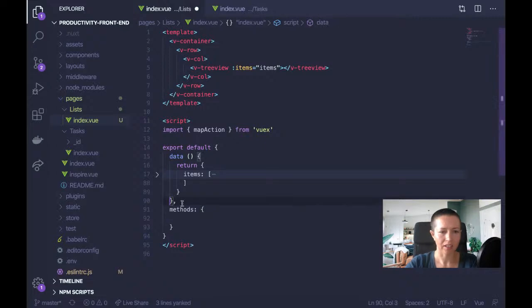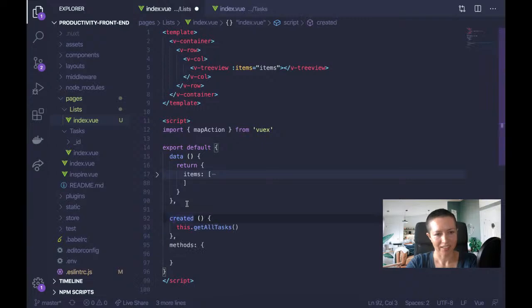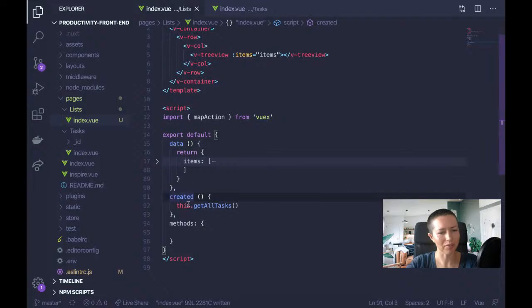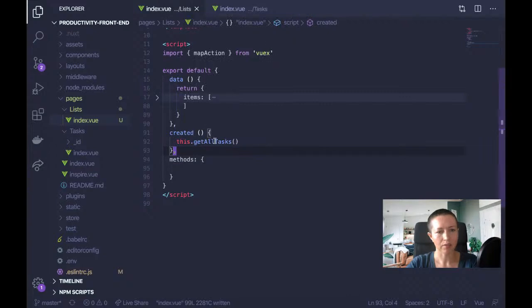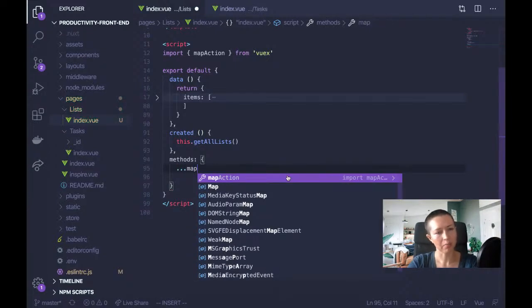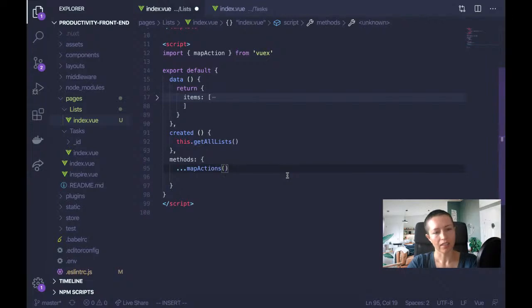And I think my linter's going to complain if I put it before or after methods, because I used to put lifecycle methods after this methods object, but apparently Vue recommends that you put this first. So anyway, I'm going to have get all lists here, which will be an action, but I haven't made it yet. So let me go ahead and map actions. Oops, I have to use the spread operator, map actions, and then